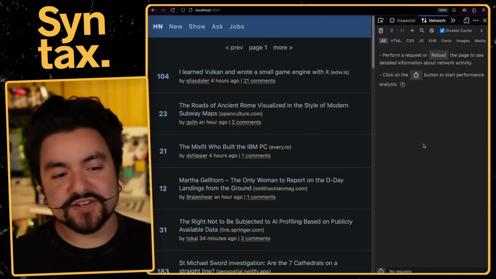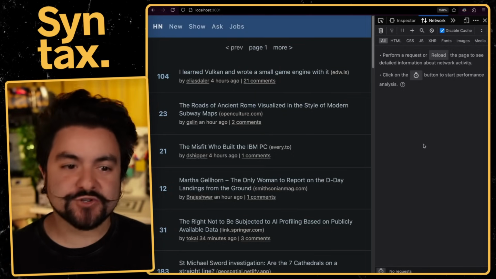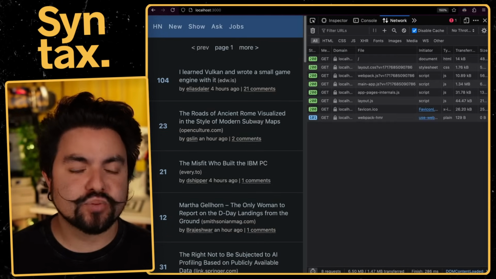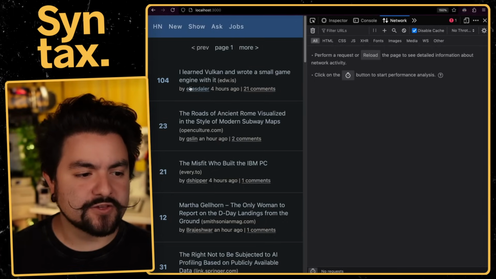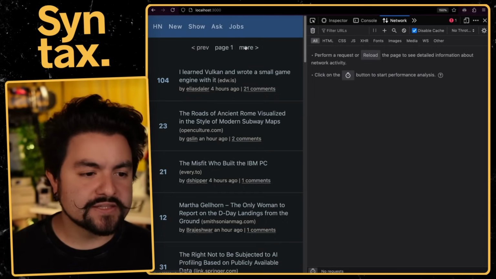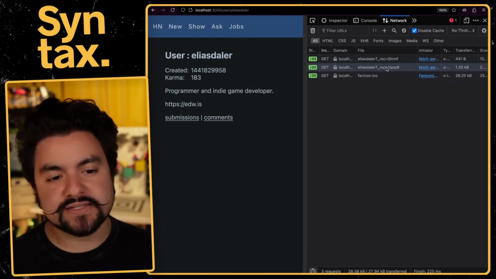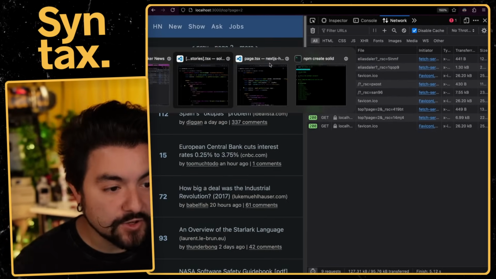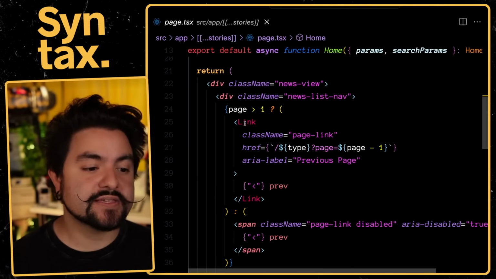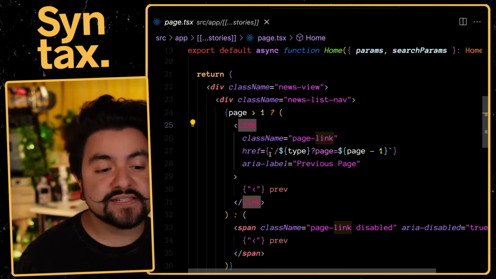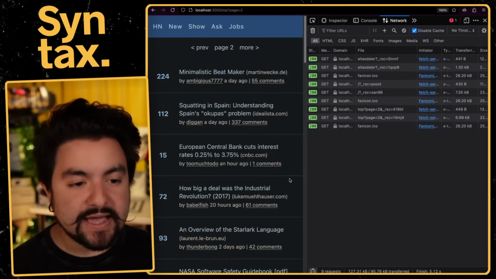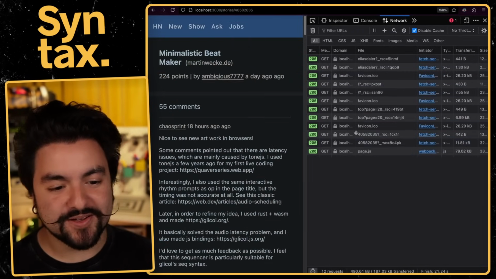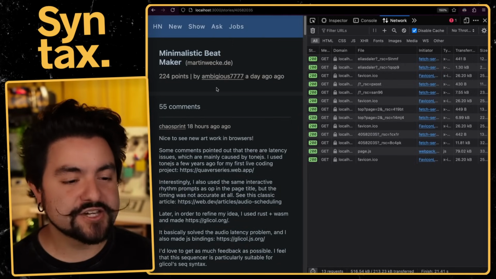Now, other than that, most of the differences you'll see in the two apps are similar to what I showed earlier. So inside of Solid, you have show and for components and things like that. But another thing to look at is prefetching and preloading. So as I navigate around the UI, if I'm going to click on the user or the comments, you'll see that with Next.js, by default, as I click around, it's not going to make a request to those items until I've actually clicked on them and they're actually loading. Now, if we look at the code for Next.js, I am using this link component provided by Next.js, and that's basically what is able to give us client-side rendering, right? So as I click around, these aren't full page refreshes. Next.js is smart enough to basically load that data over RSC and then re-render the page here,